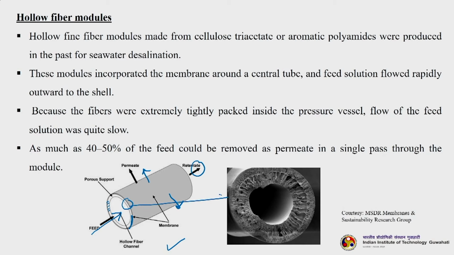You can see how beautifully this scanning electron microscope image is showing us the porous layer, the thickness of the porous layer, whereas this is your membrane. So, this is your usual membrane, this is your porous support. This same image is telling us very nicely the cross section of a tubular membrane, and how 2 distinct layers are visible, the porous support as well as the membrane layer.